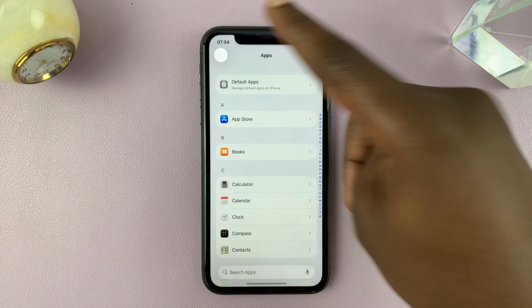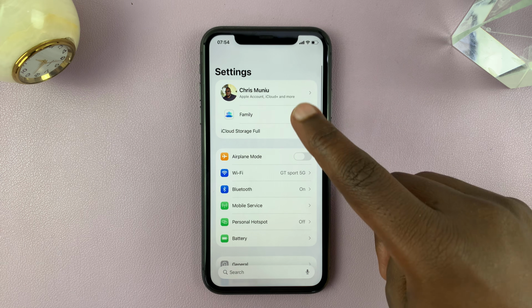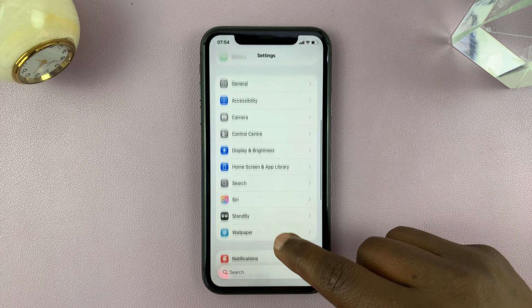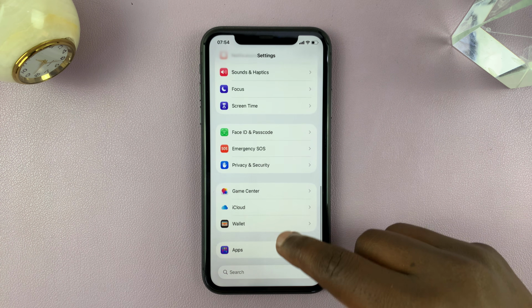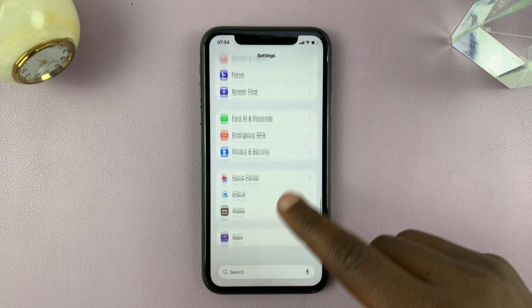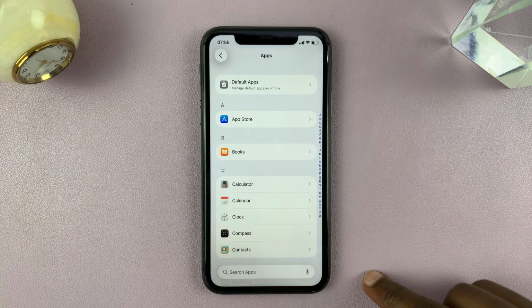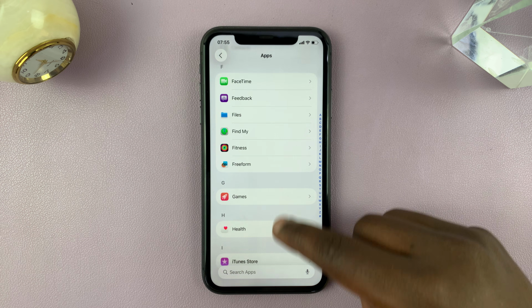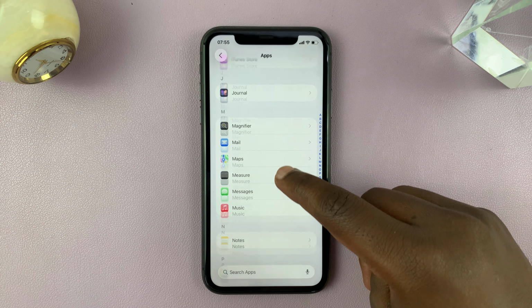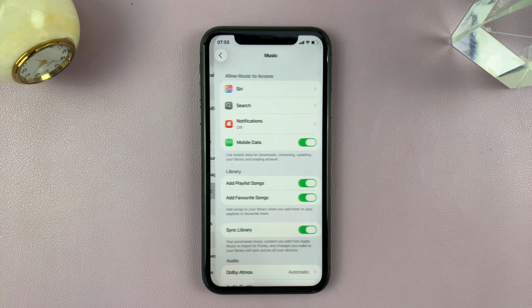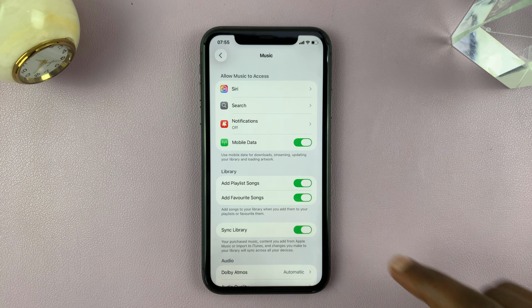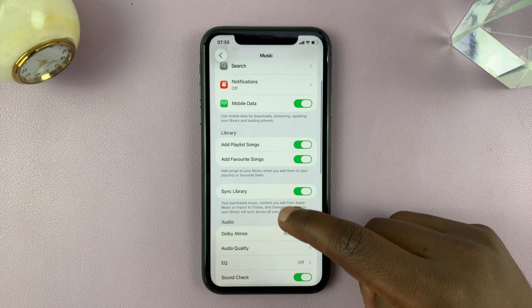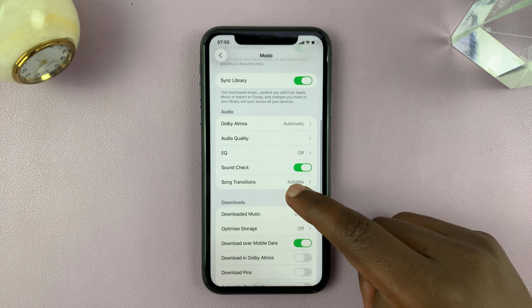the main settings page of your iPhone, so this is it. Just go to the main settings page of your iPhone and then look for Apple Music, all right? If you don't find it there, just go all the way to the bottom, tap on All Apps, and then try to look for Apple Music. So it should be under M, Music, all right? Tap on that, and then in the Apple Music settings, if you scroll down, you will see the option called